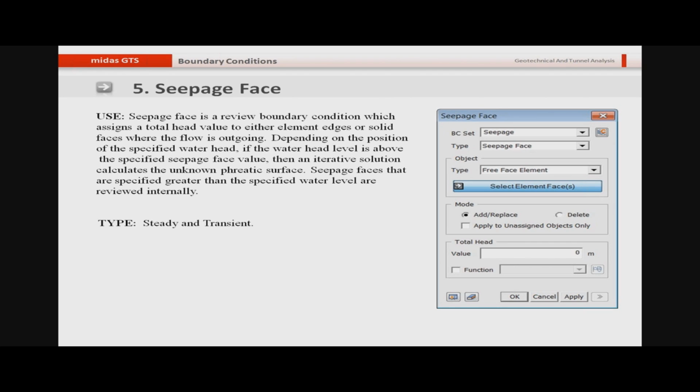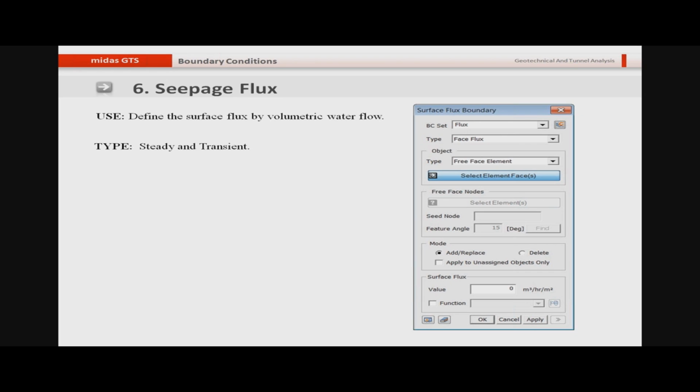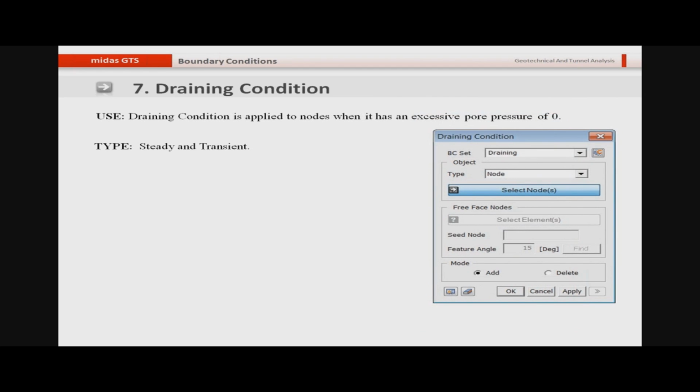Once the program performs analysis, it will give you the seepage flow path and the flow quantity. You can also define the seepage flux. If you want to define the seepage flow or the flux, both are supported. And you can also define the draining condition. The draining condition is applied to the nodes which have an excess pore pressure of 0. So if the excess pore pressure is 0, you can define the draining condition.